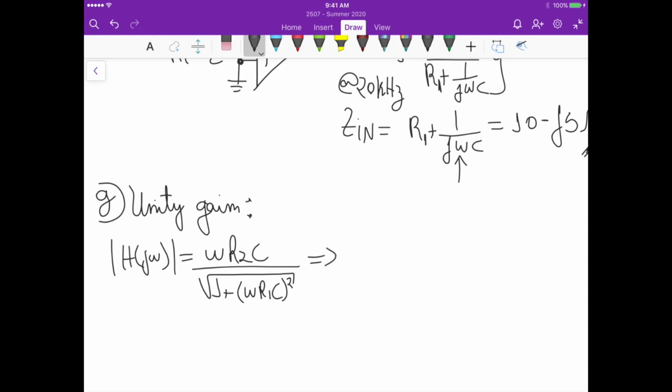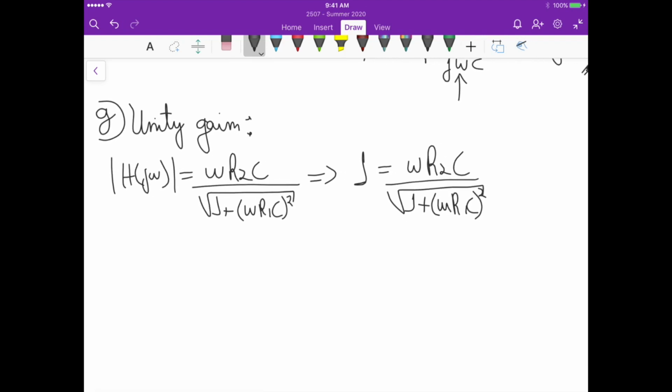So if we set that equal to 1, equal to omega R2C divided by the square root of 1 plus omega R1C squared, and square both sides, it gives us 1 equals omega squared R2 squared C squared divided by 1 plus omega squared